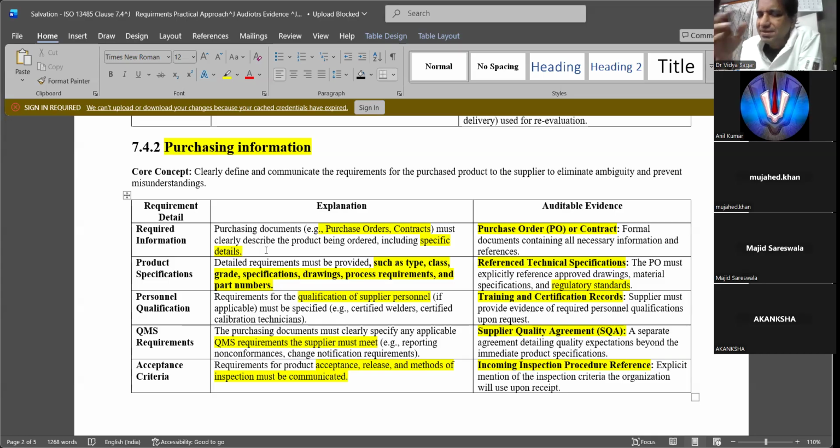Of late, to my knowledge, I don't know what's happening today, all critical supplier names are decoded and more classified. In the sense, a lot of people in the organization may not know where this critical raw material is coming from.